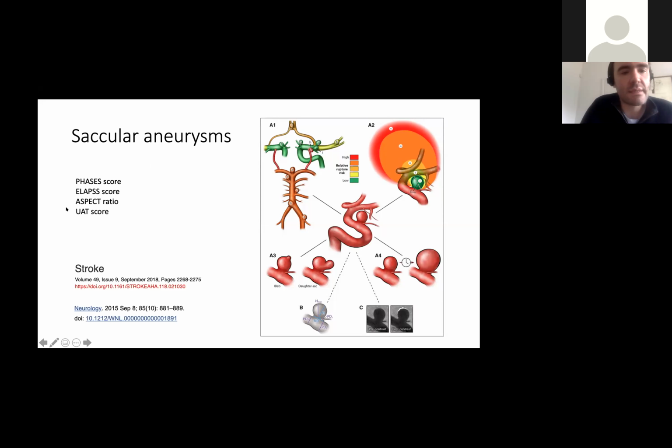There are lots of scoring systems that we use in the MDT, and these are used to dictate treatments, essentially. So we look at all these different factors: size, location, shape and irregularity. You can look at the size of the aneurysm versus the width of the neck, okay? And that's called an aspect ratio. Certain aspect ratios are at risk of rupture, but also certain aspect ratios indicate how difficult the aneurysm might be to treat, because